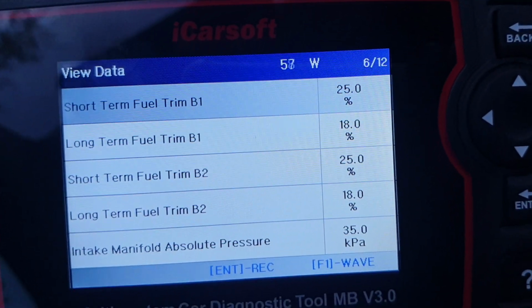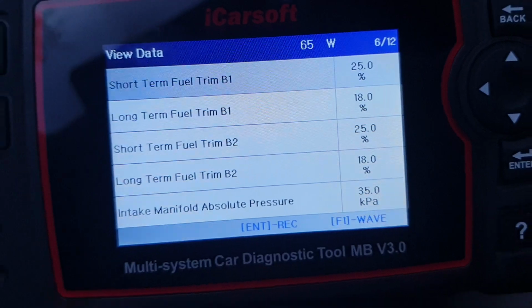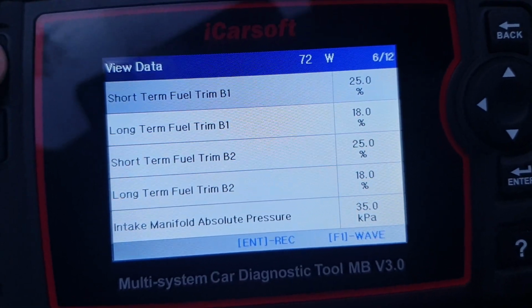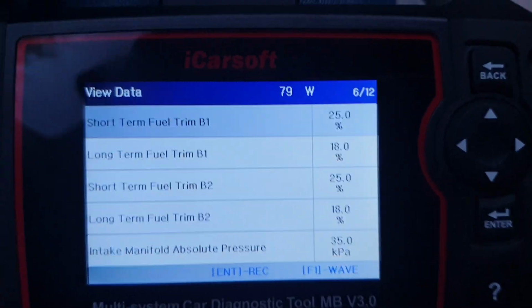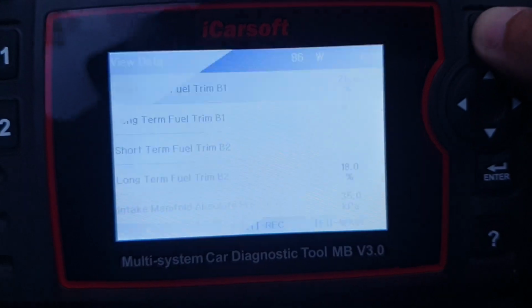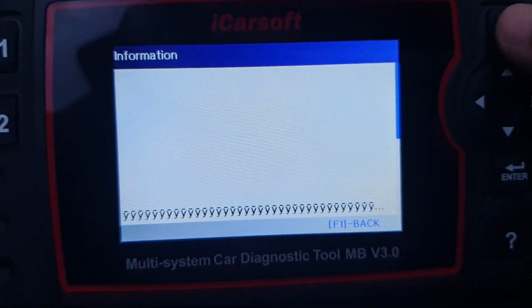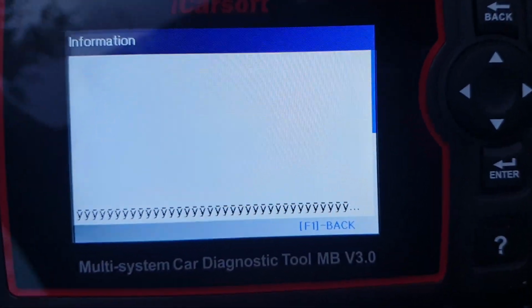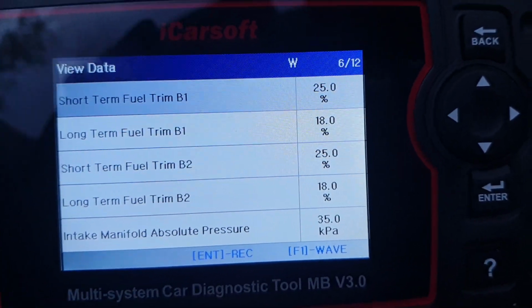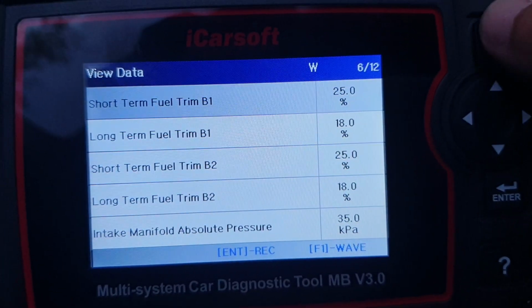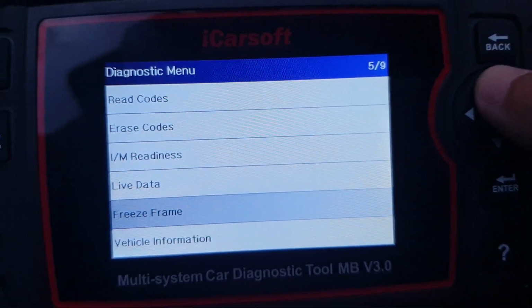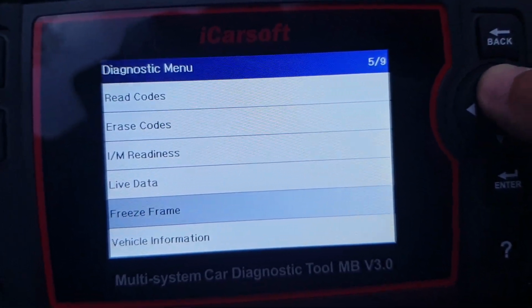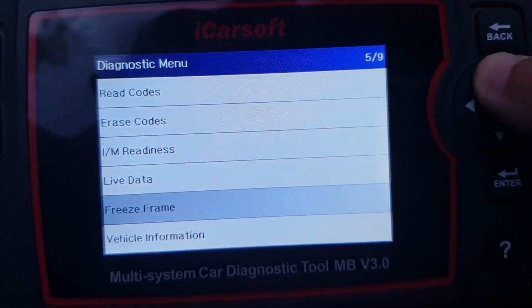F1 is the wave. Okay, anyway, so that was that. Whoa, what is this? It's some kind of a bug. F1 is going back. Okay, let's see, going back. Okay, so read codes we already did. Let's look at